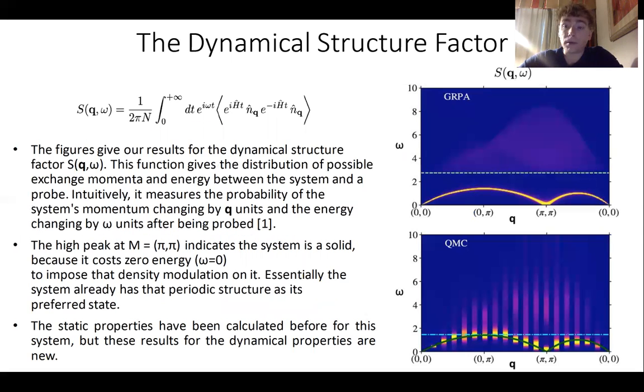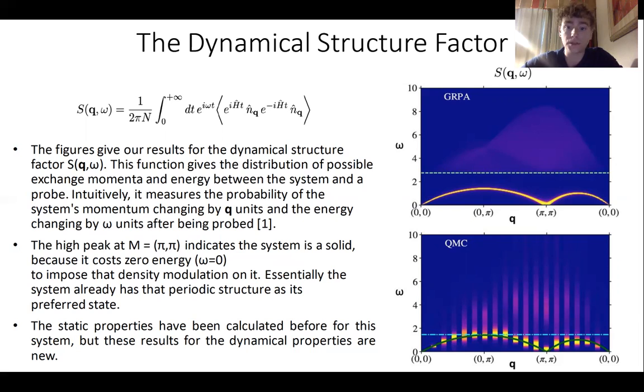So now we have the main result, the dynamical structure factor, which is defined here. Figures give our results for the dynamical structure factor. This function gives the distribution of possible exchange momenta and energy between the system and a probe. Intuitively, it measures the probability of the system's momentum changing by q units and the energy changing by omega units after being probed. The high peak at q equals pi, this momentum here, indicates the system is a solid